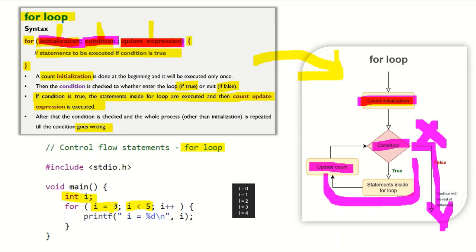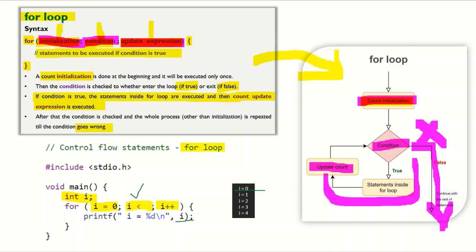Here i is equal to 0 initially, so 0 less than 5 is true. As the condition is true, this statement is executed and i is printed: i is equal to 0. Now it will go to the update expression. Here an increment operation is given, i++. Now i is incremented and the condition is checked again.